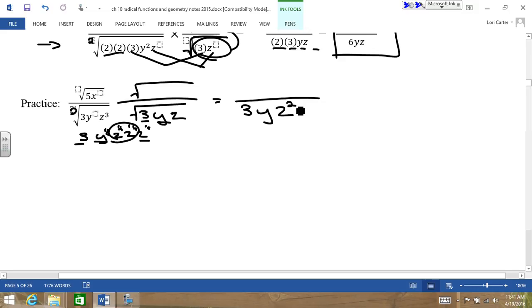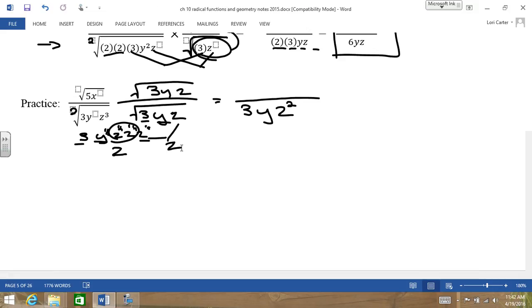Okay, but whatever I do to the denominator, we have to do to the top. So I have to multiply this guy by... Are you going to finish your note? See that circle? That goes over there. That's why it's z squared, because this is 1 z, and this guy is 1 z. So z times z is z squared. Right, does it make sense, Ash? All right, so this is the one